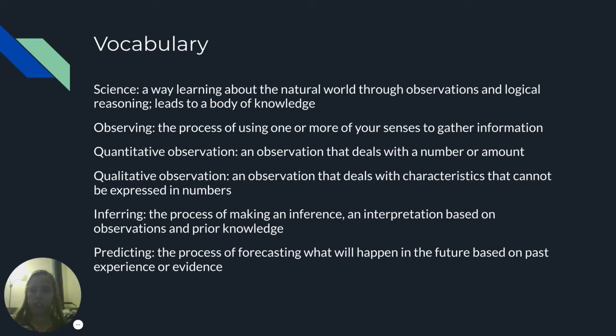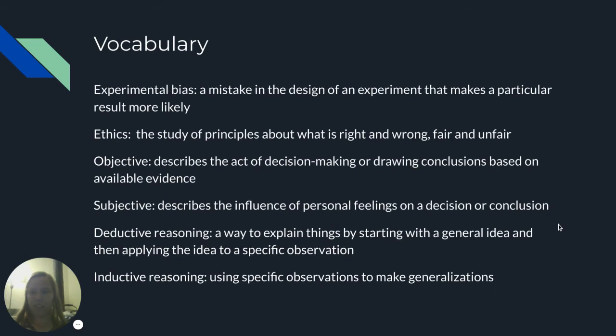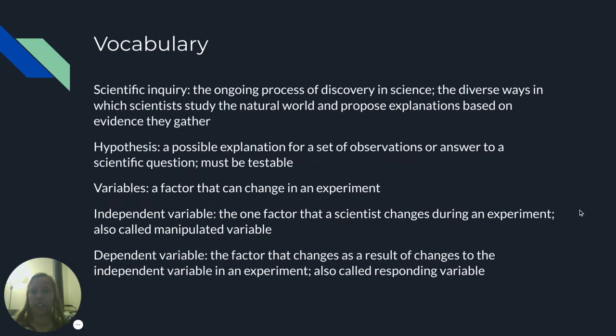So we have science, observing, quantitative observation, qualitative observation, inferring, predicting, classifying, making models, evaluating, scientific investigation, skepticism, personal bias, cultural bias, experimental bias, so 3 different types of bias, ethics, objective, subjective, deductive reasoning, inductive reasoning, scientific inquiry, hypothesis, variables, independent variable and dependent variable,